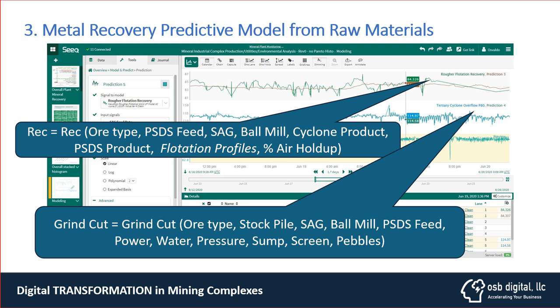For the grinding, which is the most important area of any mineral processing plant, where we are liberating the material, we can also see the ore type, the stockpile effect, the SAG mill, the ball mill, the amount of power that we are using, which is really doing the comminution, and also now we are including the power that we are using in the flotation, because that's the one that creates the bubbles and creates the right interface, because that holdup is all based upon what we call the flux theory, where we got an interface which is depending on the two-phase flow that we have embedded in the predictions.